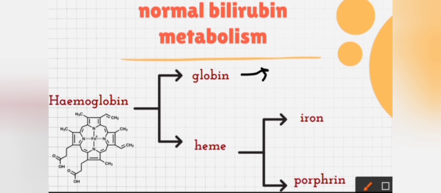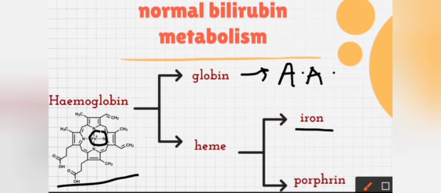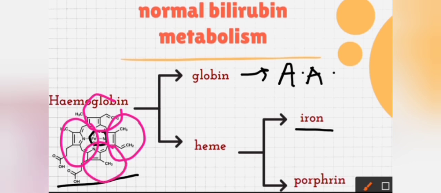So globin would be broken down into amino acids, and those amino acids would be utilized by our body, while this component is the heme component. The heme component has two major parts, the iron part, the central iron atom, and surrounding it we have these ring structures. These rings are called protoporphyrin rings. The iron of the heme is reutilized by the body, while the protoporphyrin rings are broken down in the body,